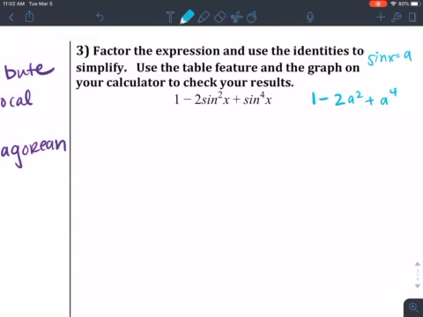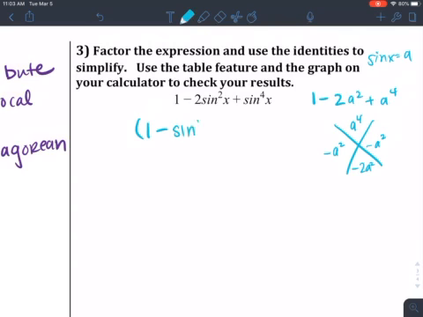So how do I factor that? Well, it looks like a perfect square trinomial. So I can see that on the top, we're going to get a to the 4th. And on the bottom, we get negative 2a squared. What multiplies to a to the 4th is a squared and a squared. But that doesn't add. So what if I make them negative? Yep, that works. So this is 1 minus